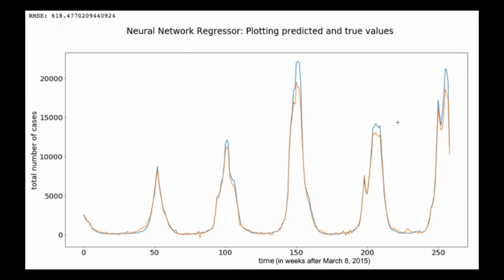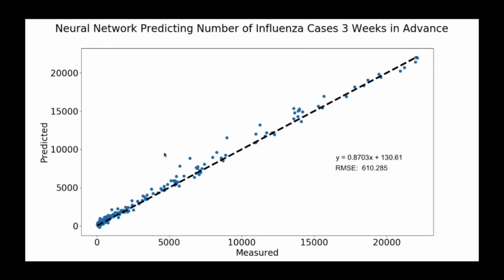While it falls short of the peaks in 2018, 2019, and 2020, it accurately predicts the shape of the peaks. The measured versus predicted graphs has a slope of 0.87. Considering the fact that the peak is around 22,000, the RMSE of 610 is actually quite small. It's about 3%. Overall, this neural network accurately predicts the number of people who will have the flu 3 weeks